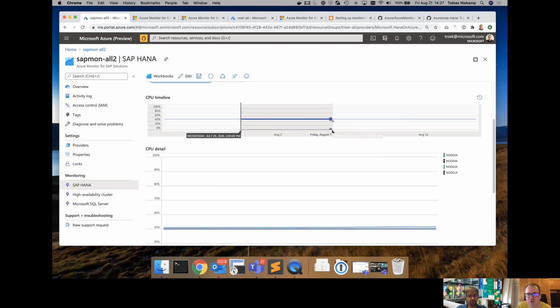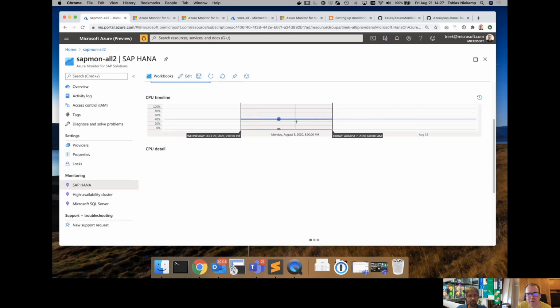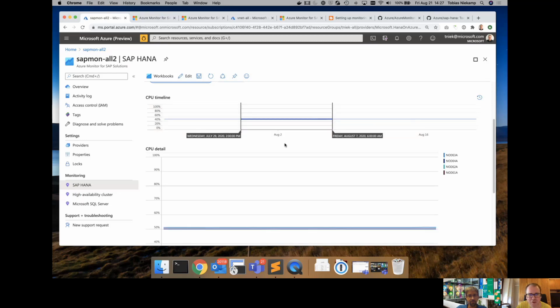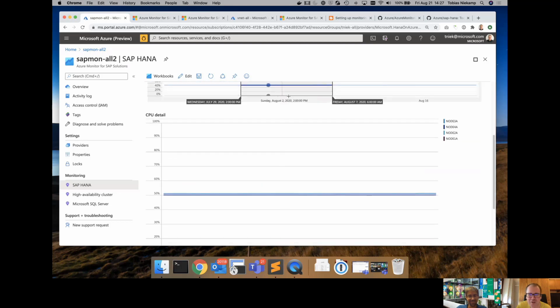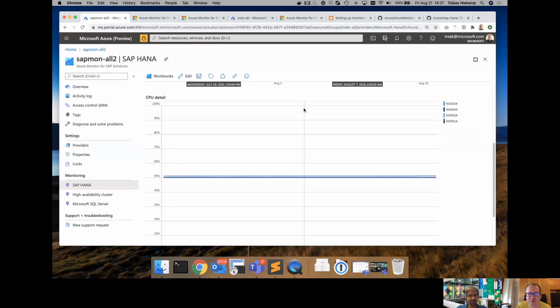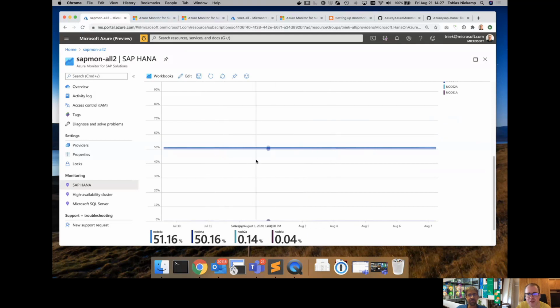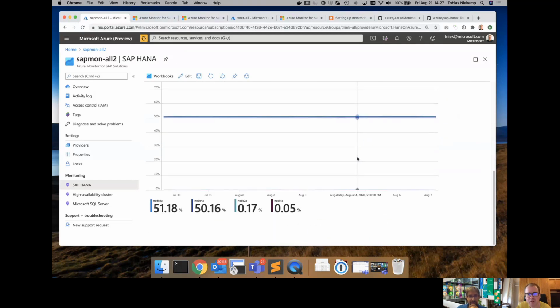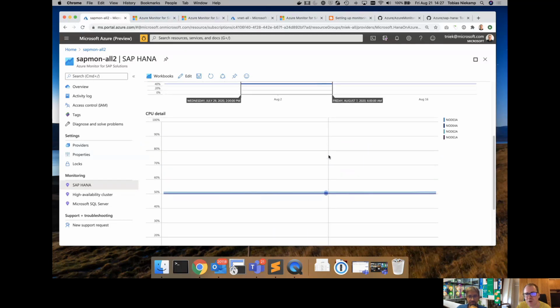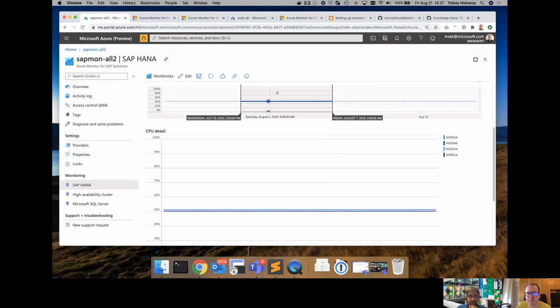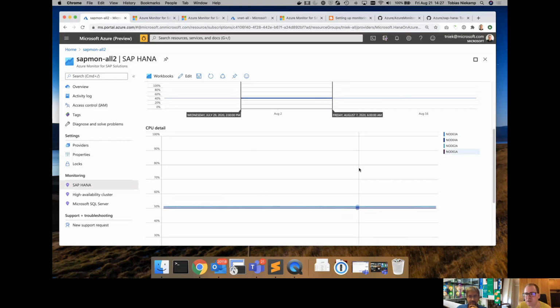It has a time brush feature that you may already know from HANA Cockpit. So we borrowed the idea from there. Shout out to my former colleagues at SAP. You can actually select a time frame that you're interested in, and it will zoom in automatically here at the bottom. So this makes troubleshooting or root cause analysis a lot easier. You see a spike here, you can directly zoom in, filter out the node that you're interested in, and start your analysis from there.